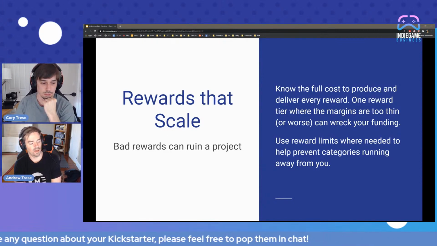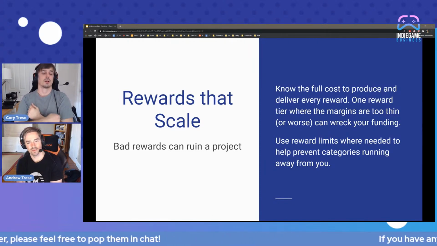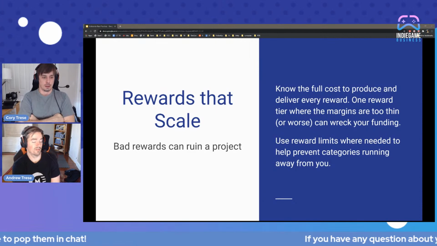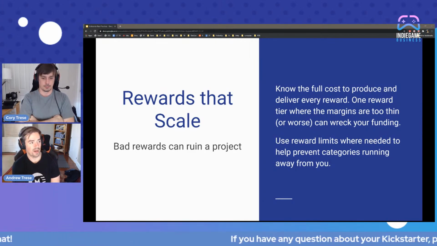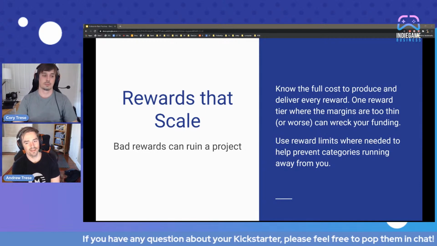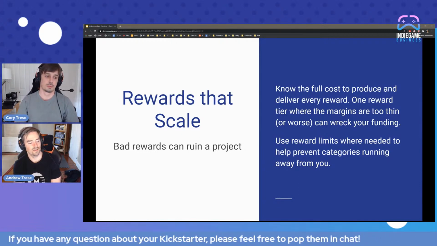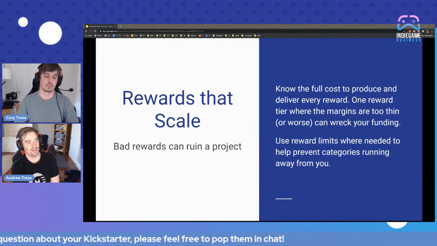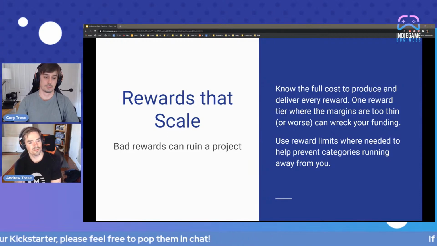So we have found, even in our latest Kickstarter, having done this 3 times, that there were places when it came to the 3D art that we were offering our backers where the margin was so painfully thin, and way more people than we thought were going to back a certain reward tier backed it.